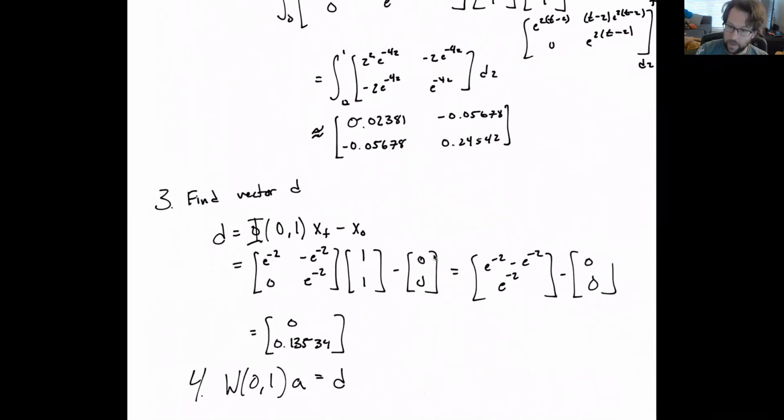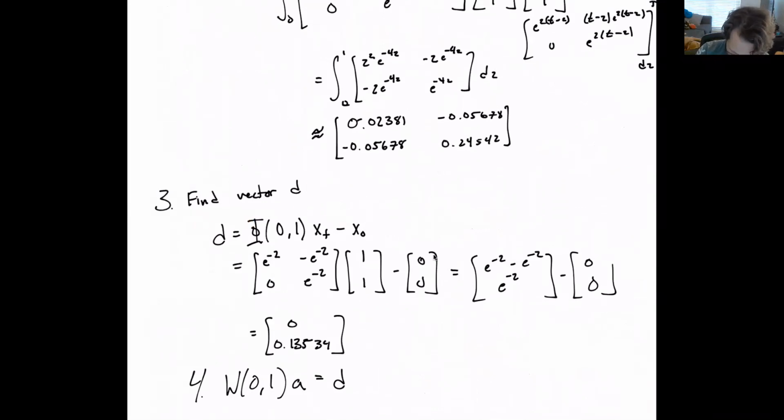So step 3 was to find vector D, right? And then once we found this D vector, step 4 was to find A, where A is the solution to the gradient times A is equal to D, okay? And so I was just rewriting this here, A is equal to D, which implies that we get